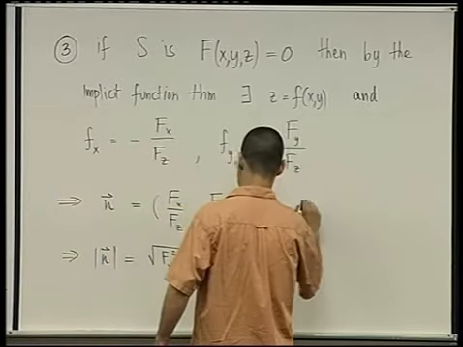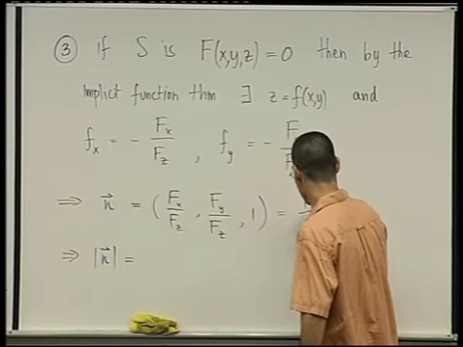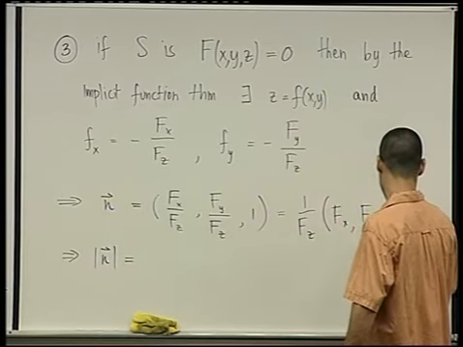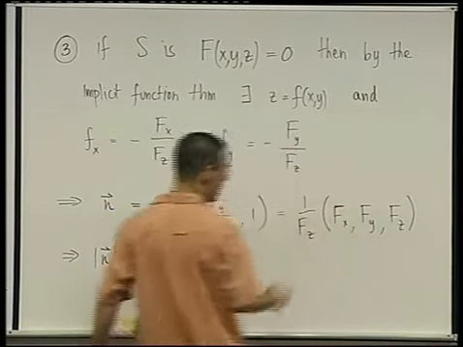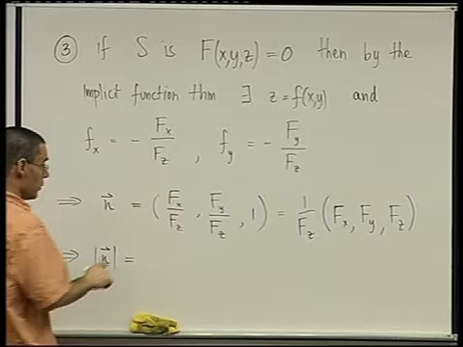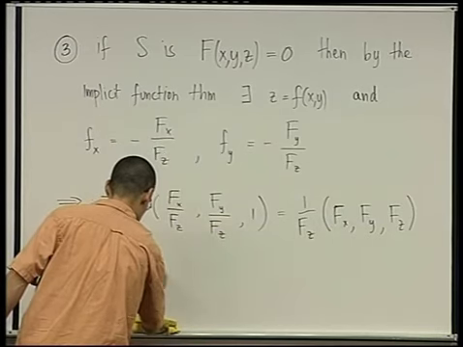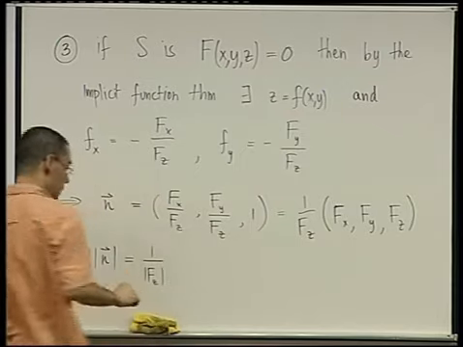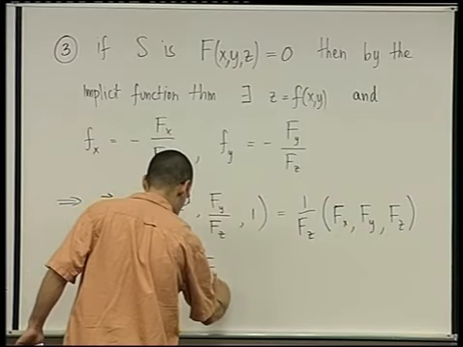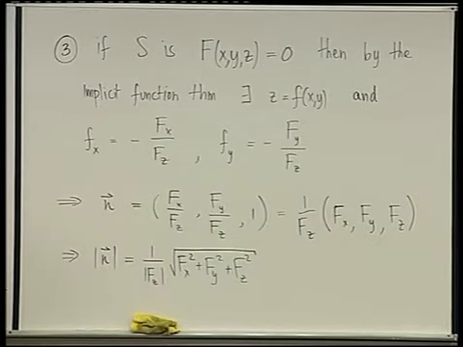Okay, let's rewrite it even before we do this. I'm taking a step back. I'm going to write this as 1 over F sub z times (F_x, F_y, F_z). Let's rewrite it like that. That will be easier. Do you agree? Okay. And now the normal is the length of this thing. So this is a scalar. I just need to square it and take the root, so it gets absolute valued. And then the root of the squares. This is the length of the normal, and therefore the area